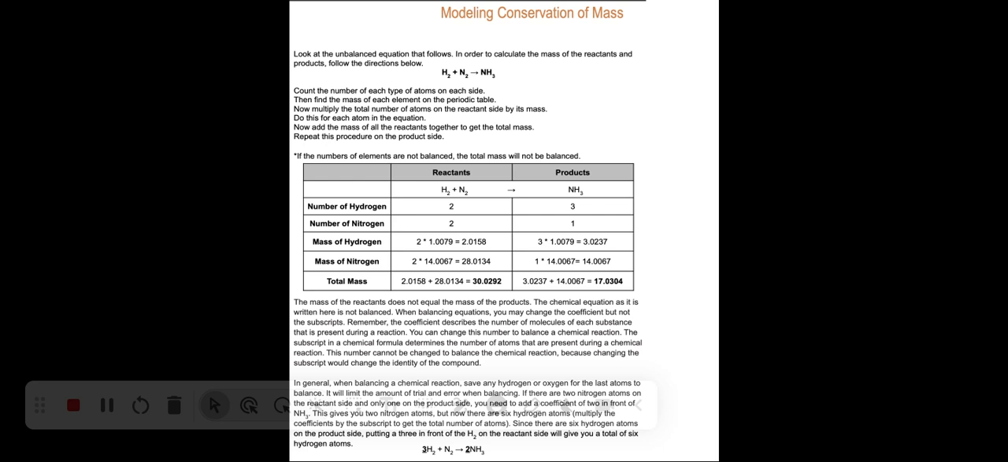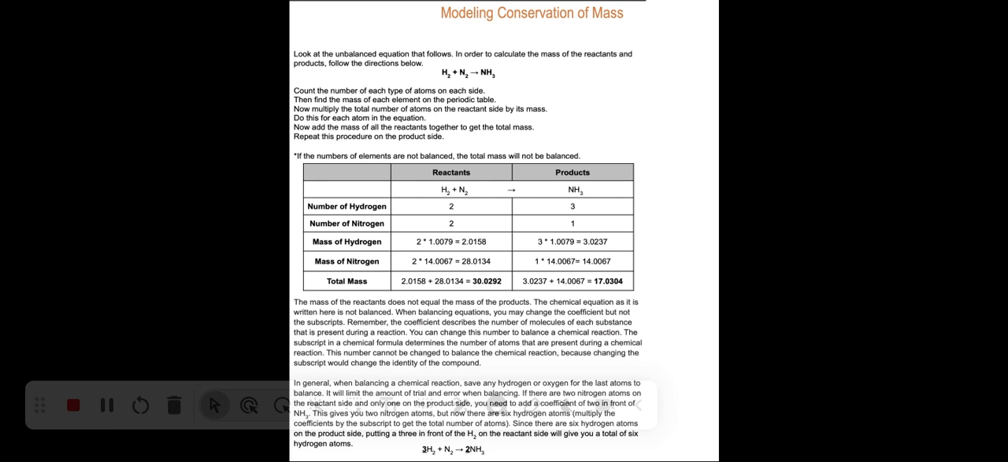When balancing equations, you may change the coefficient but not the subscripts. Remember, the coefficient describes the number of molecules of each substance that is present during a reaction. You can change this number to balance a chemical reaction. The subscript in a chemical formula determines the number of atoms that are present during a chemical reaction. This number cannot be changed to balance a chemical reaction because changing the subscript would change the identity of the